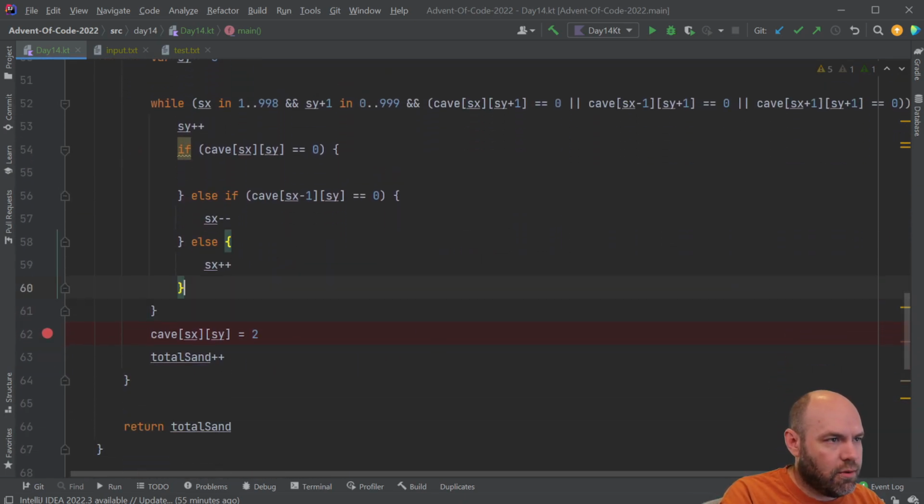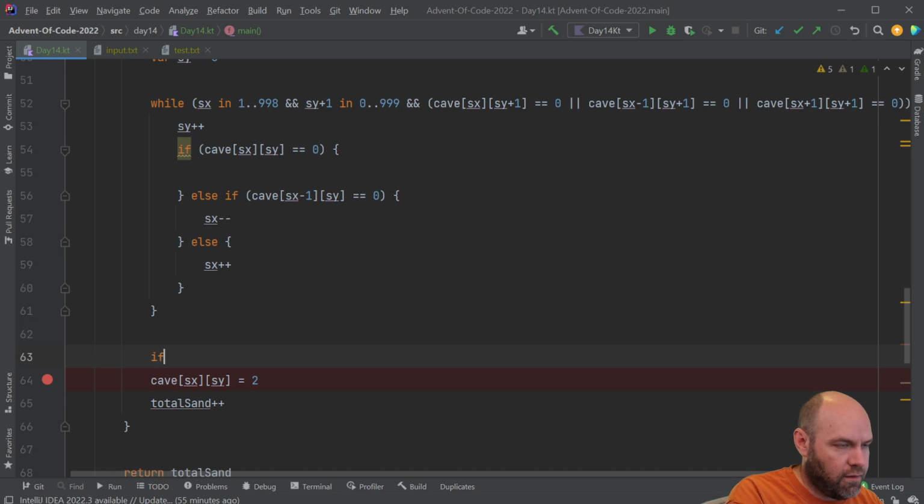So what I need to do is pull this out, and if SX is in 0 to 999 and SY is in 0 to 999,